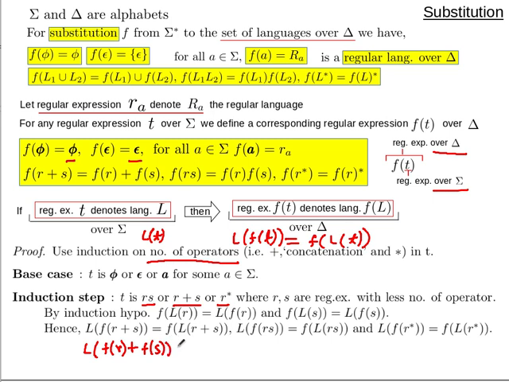So this means there is this property, so this will be L of f(R) union L of f(S),